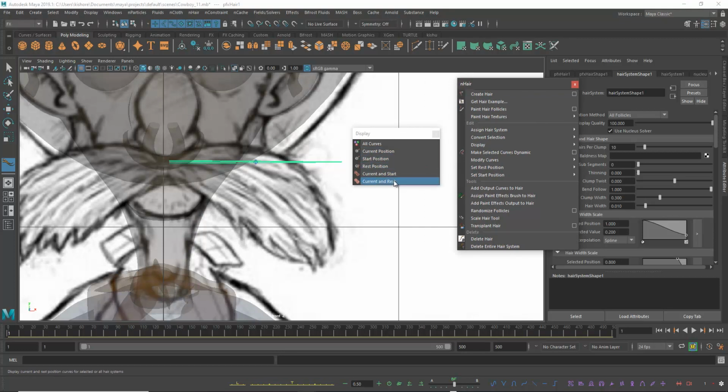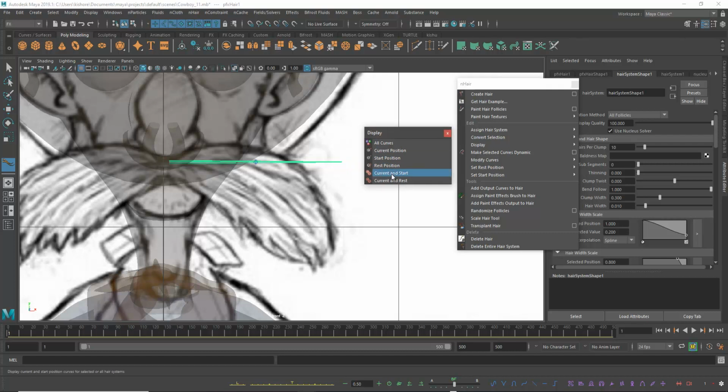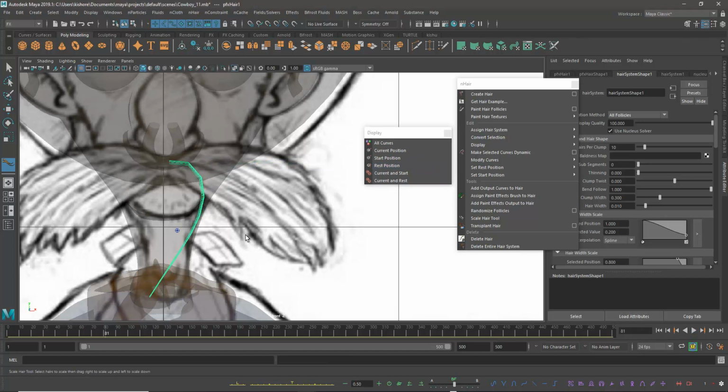There are a lot of these, don't focus on them right now. Start position means what we have right now, a straight line. Rest position means where it rests, okay. Hair starts from there and rests here. Based on the dynamics, damping, stiffness controls and all, the hair will be like this, based on the rest position. Again, we'll cover all these things, don't worry.